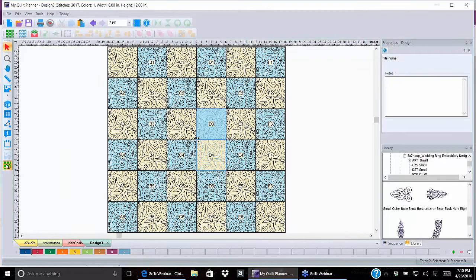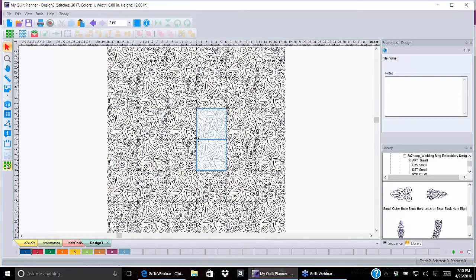So let's see what that looks like if it's all stitched out. I kind of like that. We get a little bit different variety in the way our quilt looks with those different designs in the different cells, and you go all across, and that would be lovely with a whole cloth quilt or even a simple baby quilt. Something, if you've just got different colors in each of those blocks, that would be fine. Now let's take this